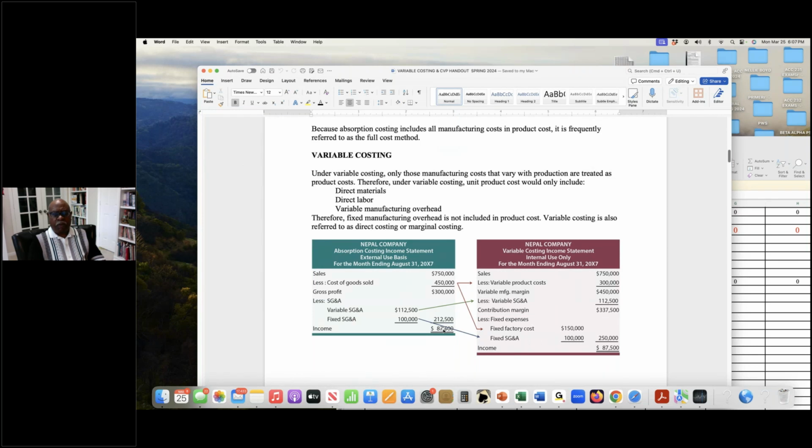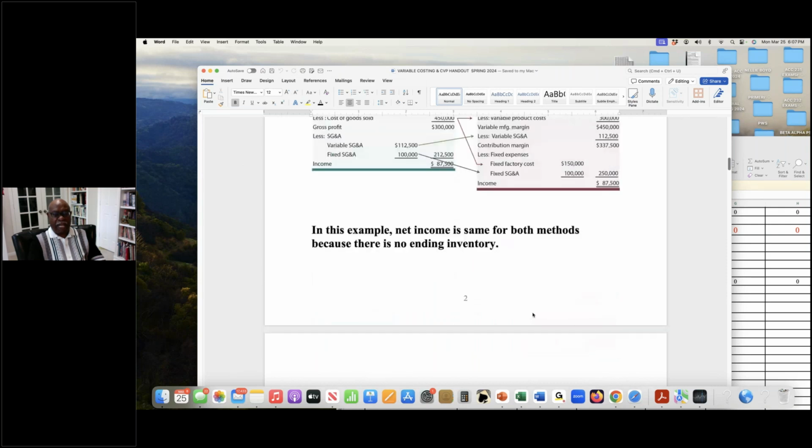But when we move to variable costing, it's sales less the variable product cost gives us the variable manufacturing margin, less the variable expenses gives us that contribution margin, less the fixed expenses, overhead and selling administrative expenses, gives us the net income. And these two numbers will be the same if there are no inventories. But if we have inventories,